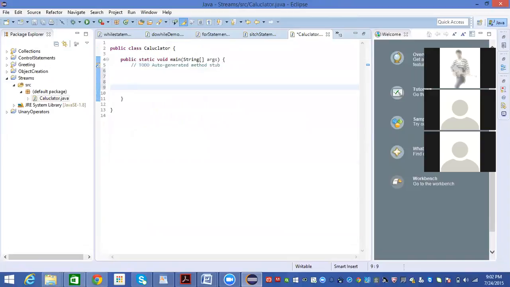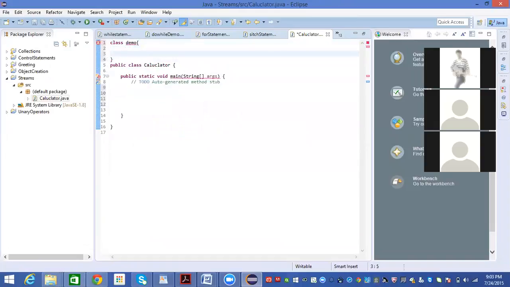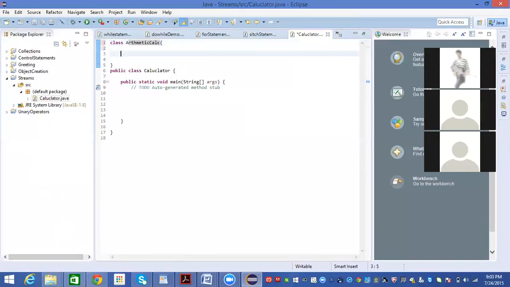Let's take two methods. Class demo. Let's take it as arithmetic calculator. This is my class, and some methods like public void